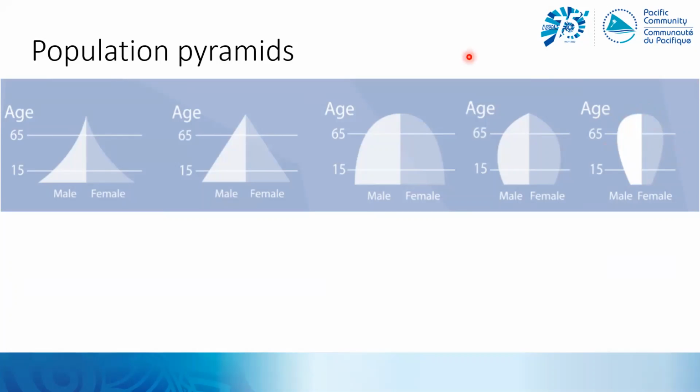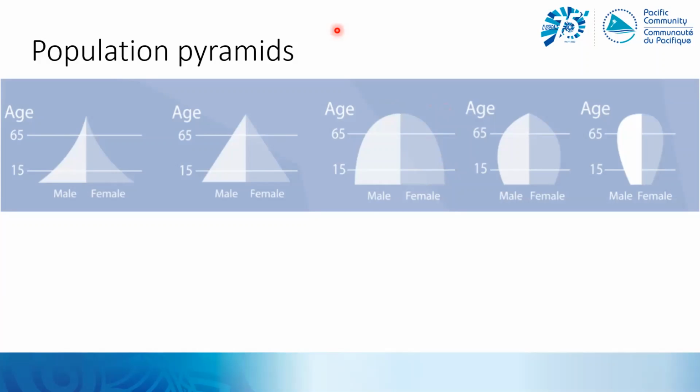So just reflect on what you think your country might look like in terms of where's your fertility and mortality levels at. And in practice, you'll never see something as smooth as this because migration also has a part to play, and you'll get gaps in certain age groups, particularly young adult age groups, as people move out to study or to find work opportunities overseas.